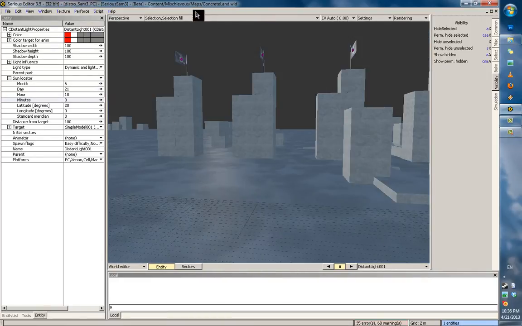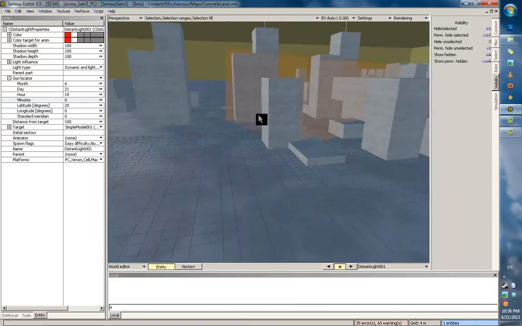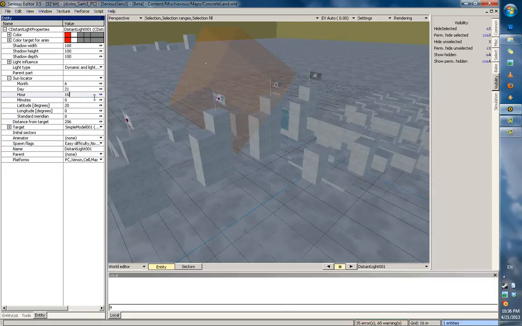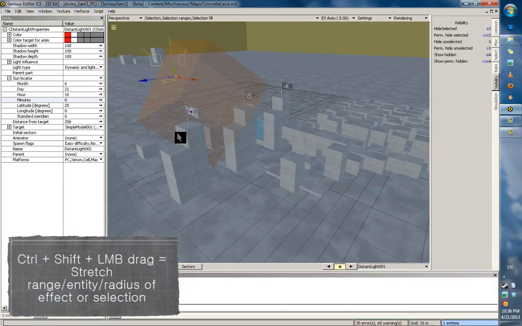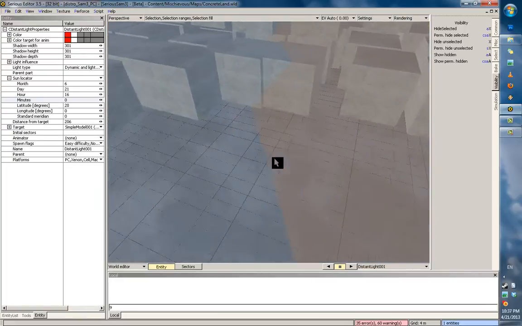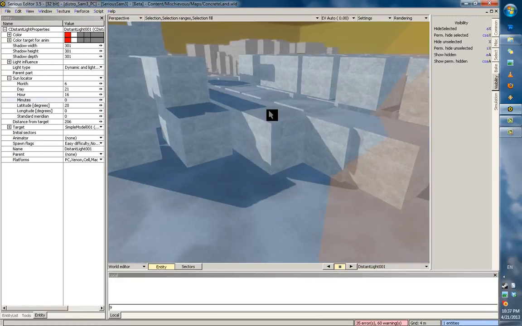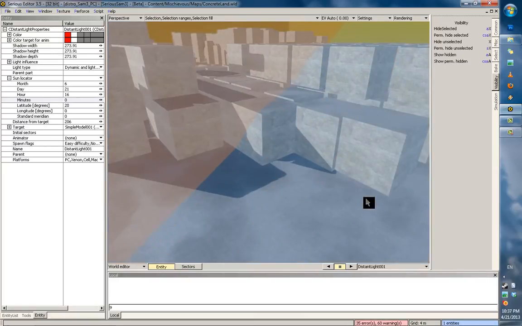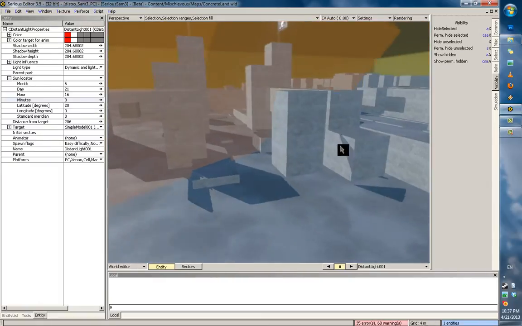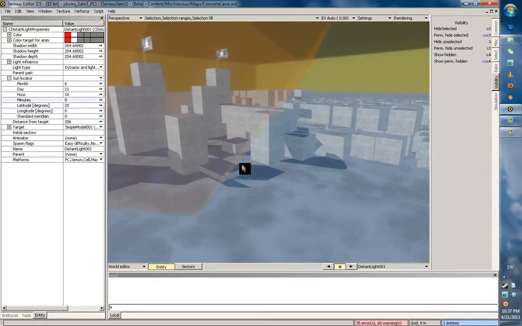To finalize things, I'm going to enable selection ranges and then increase the distance from target so that my flashlight is reasonably far away, and use Control and Shift to stretch out the shadow box, this orange box here, and this pretty much tells it where to apply shadows. So as you can see, my shadow box is here and there are shadows, but if I shrink it, you're going to notice that objects outside of the shadow box no longer cast shadows. So let's stretch it out to, like, I don't know,